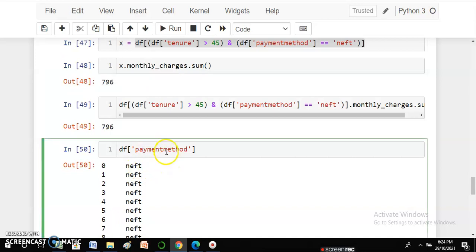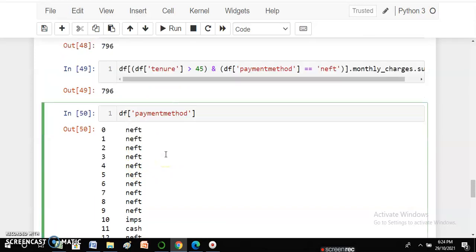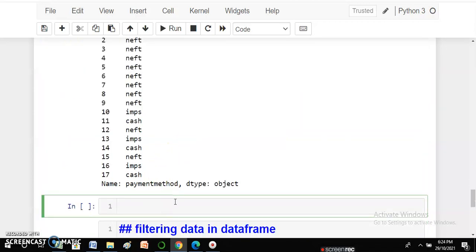So suppose first of all I want to know how many types of payment methods are there. One way to find out is I write DF. Sorry, I'm just pasting it so that you can see how I am reusing the names again and again.